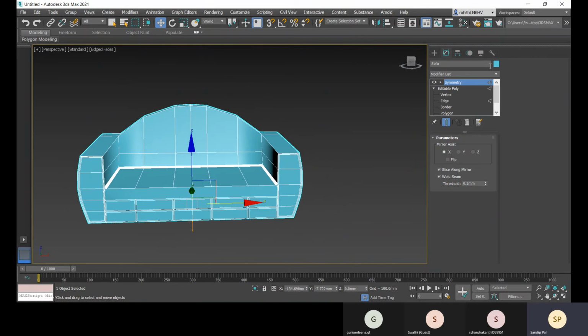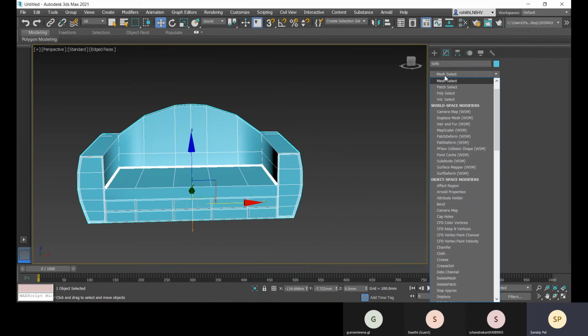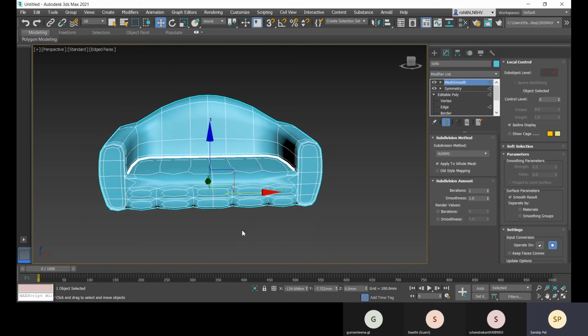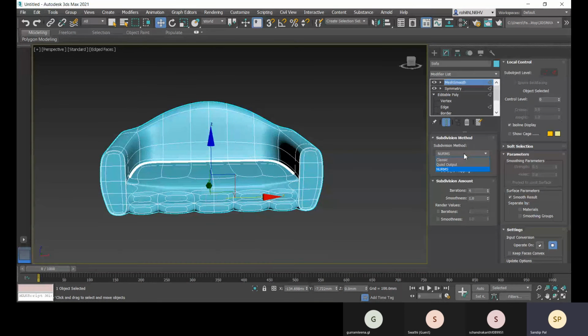So for that, I'll select it, and here I have a mesh smooth option. Here I'll be choosing this mesh smooth, and I will give it more iterations. And here you can choose the subdivision method.